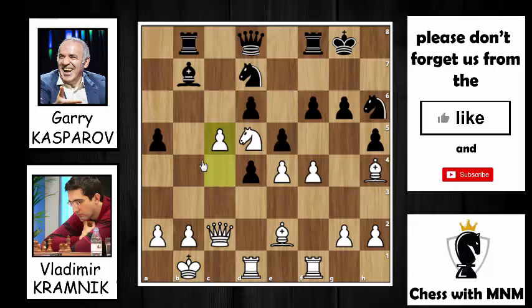So here, after c5, Kasparov took the most powerful piece which White has, the knight, by bishop takes on d5, sorry. E takes on d5 by Kramnik, and the knight jumps to f5. Now here, knight to f5, the idea is threatening the bishop on h4, but here Kramnik played so strong and